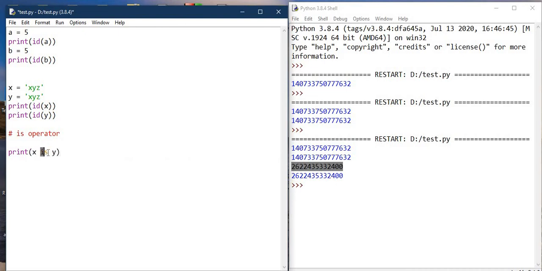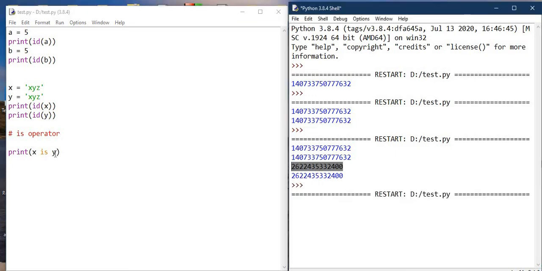So is doesn't check the value here. Is will check whether the ID of X is the same as the ID of Y. If I run this, it is showing True.